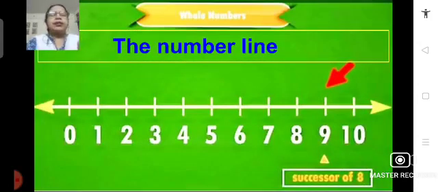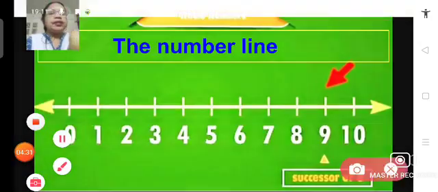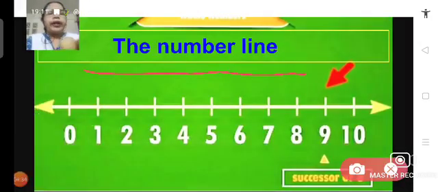So how can we represent whole numbers on a number line? Here we have shown a number line for whole numbers. First we draw a line like this and on the line we mark a point and label it as 0. Then at a unit distance from 0 we mark 1 to the right of 0. Then to the right of 1 at unit distance we mark 2. Then from 2 again at unit distance we mark 3. This way to the right, we go on marking the next numbers. So this is how we draw the number line.